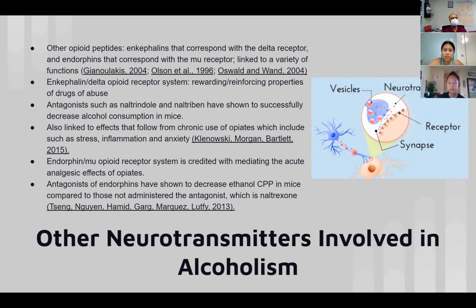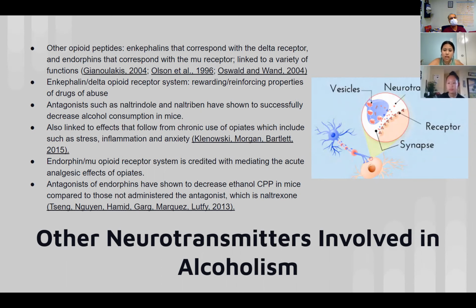This is significant because these two brain regions are associated with the development of addiction. Although there have been conflicting results about the reinforcing effects of the enkephalin delta opioid receptor system in addiction, antagonists such as naltrindole and naltrexone have been shown to successfully decrease alcohol consumption in mice. The enkephalin delta opioid receptor system has also been linked to effects that follow chronic use of opiates, which include